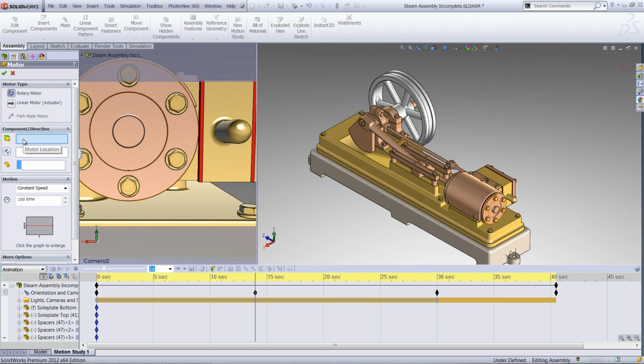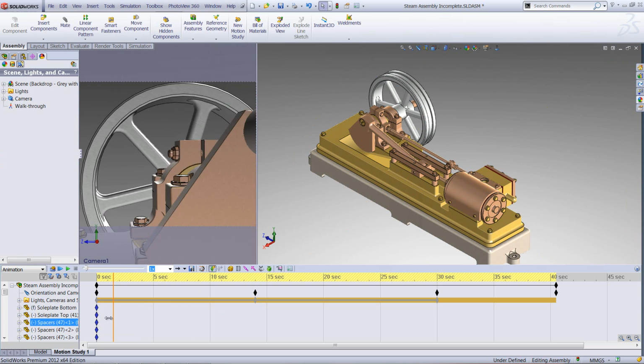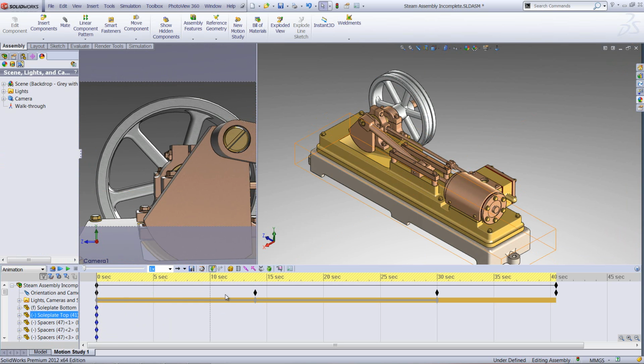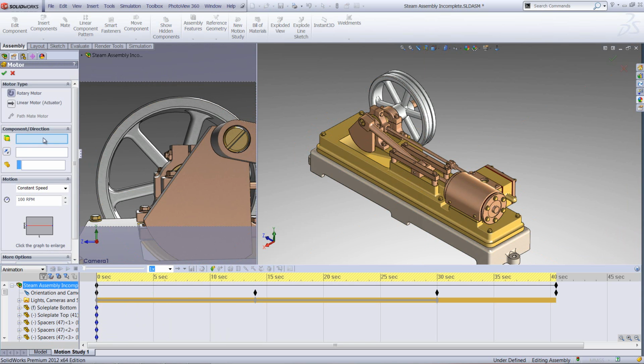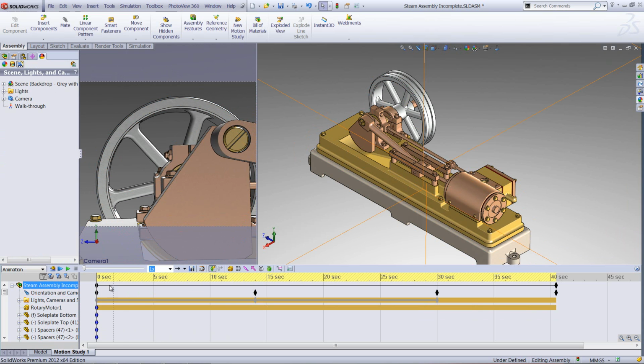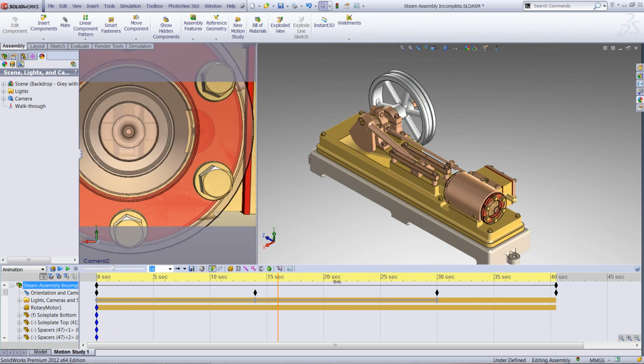We're going to specify the component direction, so the motor will be driving what component in what direction, like so. We're going to go for constant speed at 100 RPM. Now what we're going to do is ensure we're doing that at the very start of the assembly. So select the component again, 100 RPM. And then we're going to move all the way to the end of the assembly